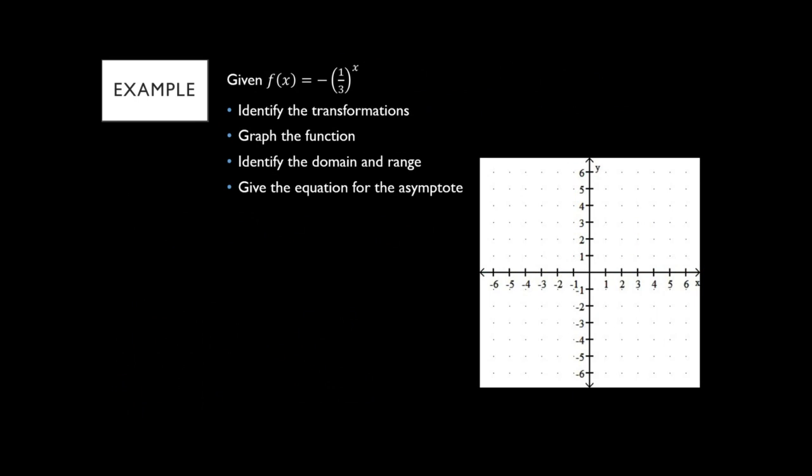Okay, here we've got another one. This is 1/3, so our base here is 1/3, so this is decay. And that negative in front, that is reflecting across the x-axis. So our transformation reflects across the x-axis. Now what that does is it doesn't affect the asymptote because our asymptote is still at y